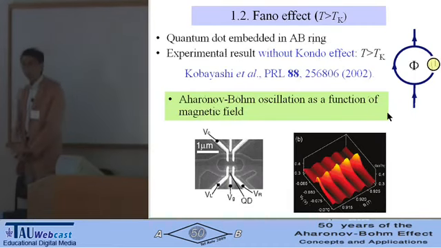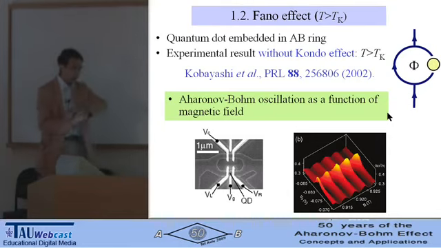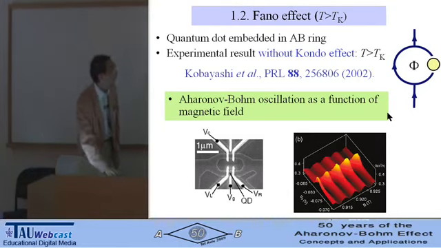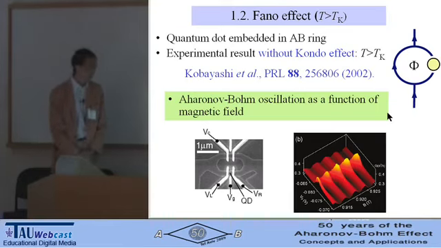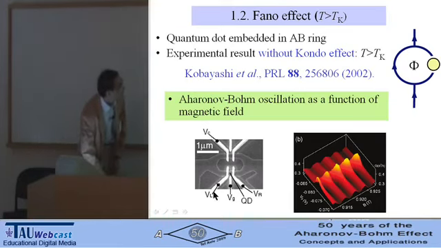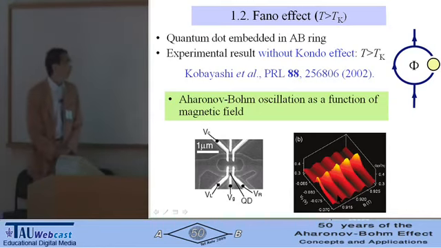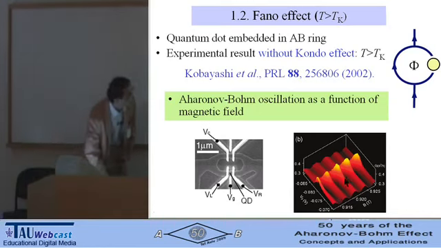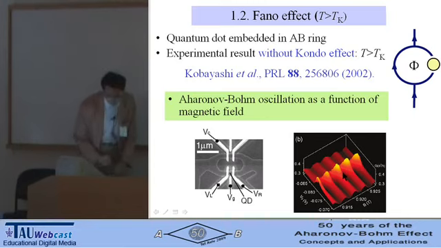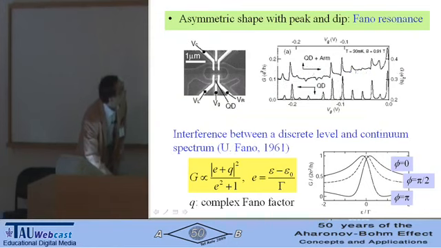Okay, so what happens when the quantum dot is embedded in an AB ring? There is an experimental result without Kondo effect by Kobayashi and co-workers. So using this sample, by changing the magnetic field, they observe the AB oscillation as a function of the magnetic field. And then fixing the magnetic field and changing the gate voltage, they observed an asymmetric shape with peak and dip,